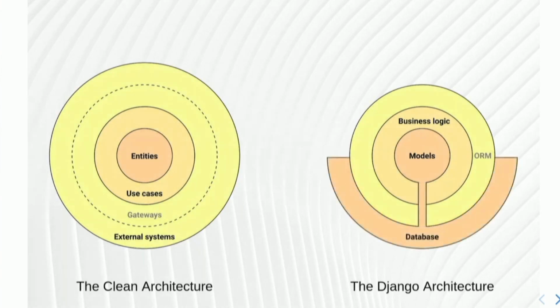Last, two components: the database, which is an external system, and which is also tightly connected with models, because models in Django can be saved and retrieved from the database natively. So the models are connected with the database. They are aware of the database. What is the drawback of this?